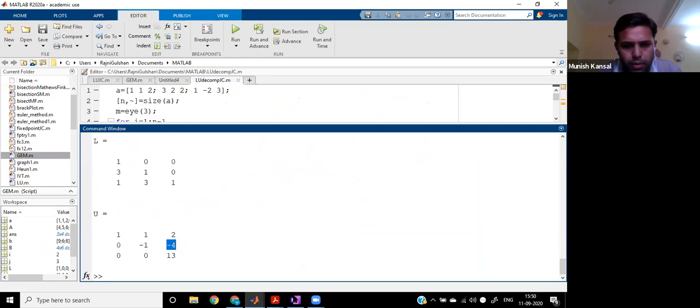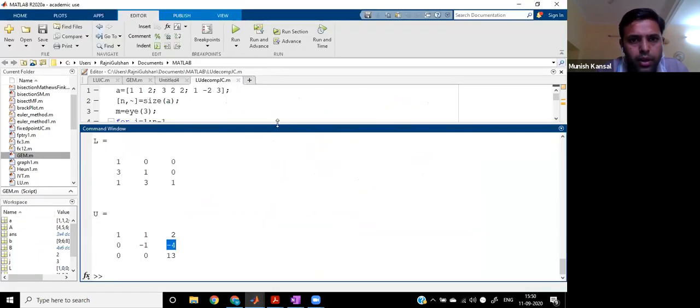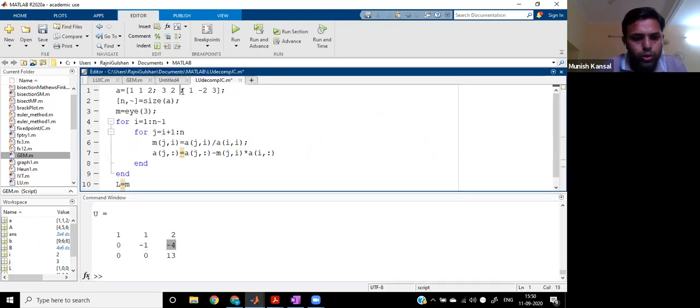So what is the coefficient matrix? That is 1 1 2, then 3 2. Now here is a mistake in the coefficient matrix. This is 3 2 1, then 1 -2 3. So I think the coefficient matrix I have written over here, that is 1 1 2 3 2, it should be 1. So there is a mistake in the coefficient matrix. You can correct it. So this is the exact coefficient matrix, and we have discussed this question in the notepad.